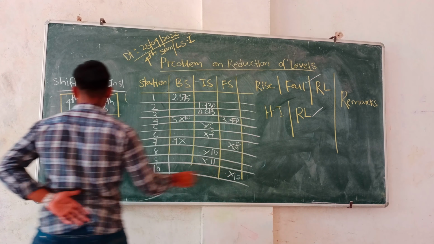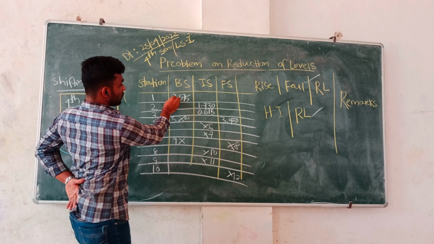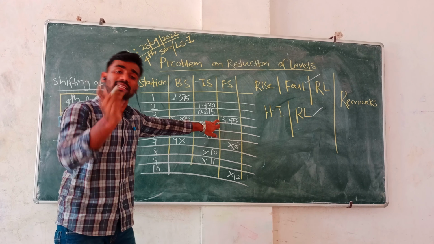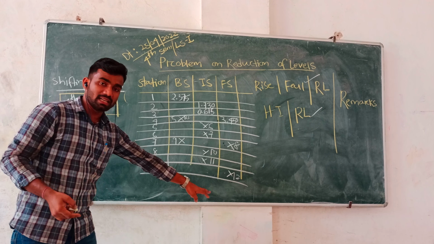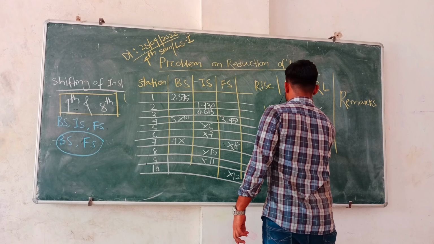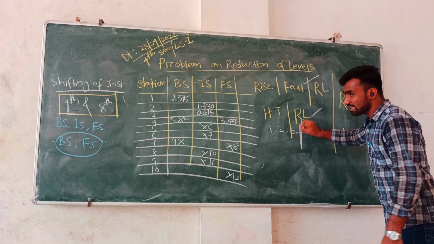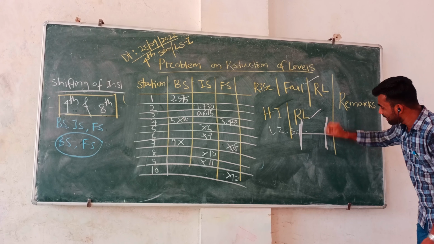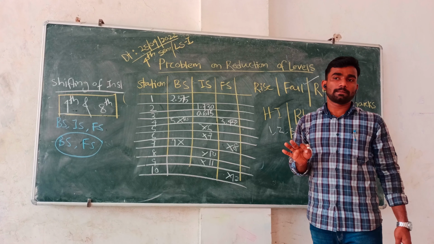Important thing, just check after the fourth reading whether the instrument is shifted or not. 1, 2, 3, 4, that means the instrument is shifted. 5, 6, 7, 8, after the 8 points the instrument is shifted. So if in the question paper it is given 1 point, 2, 3, 4, up to 12 readings, after the fourth reading the instrument is shifted, after the 8th reading the instrument is shifted. You can check the same here, I have prepared it in this tabular format.